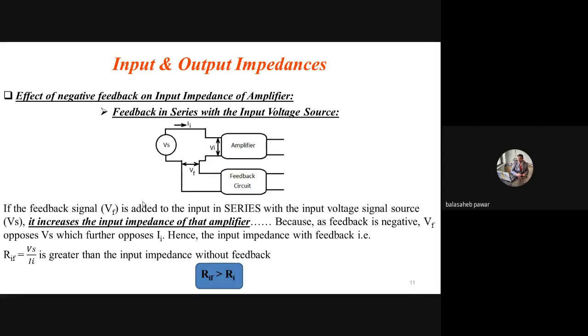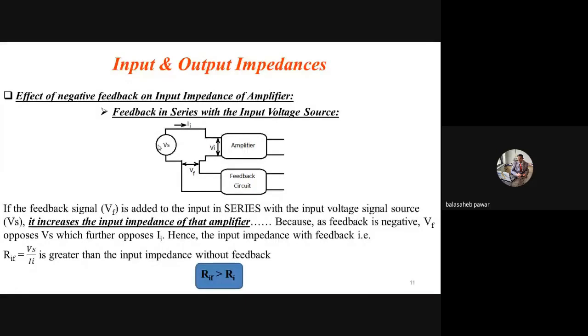So one by one, that last time we discussed, if the first condition was taken, if the mixing is in series with the input source, and as the mixing is in series, that means the input source will be a voltage source as shown, right? So Vs was shown, actual available input voltage to that basic amplifier will be Vi, and the feedback signal, that is Vf, which is 180-degree phase shifted as compared to Vs, correct? And that's why we are calling, actually it is a negative type of feedback, right?